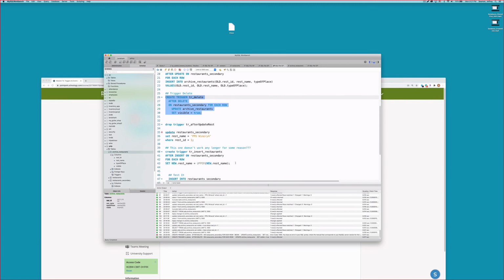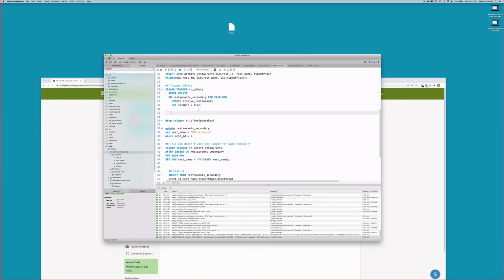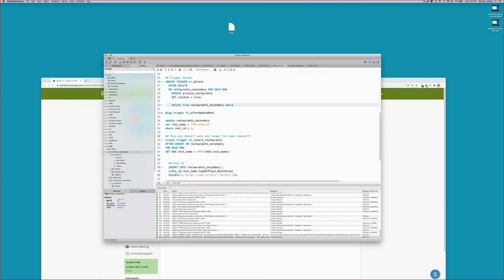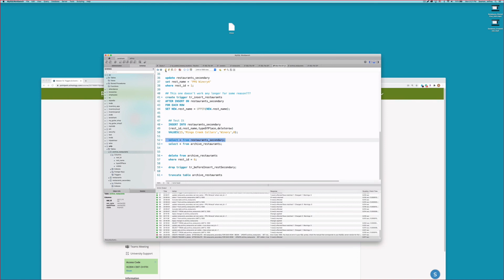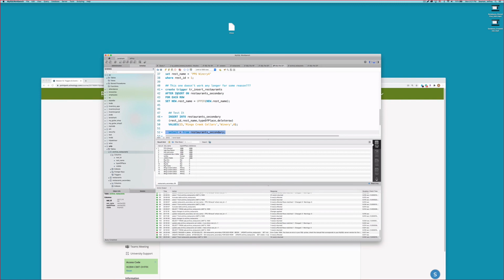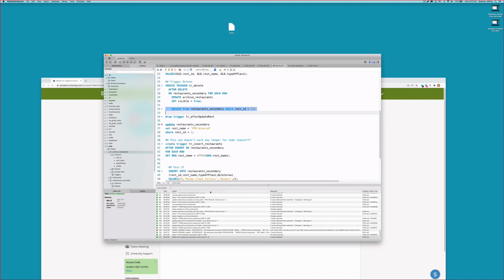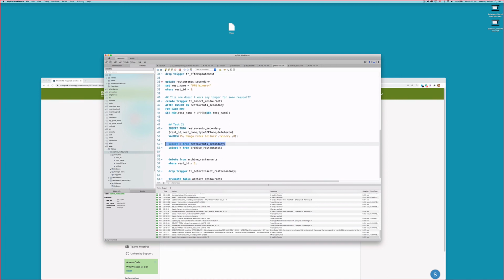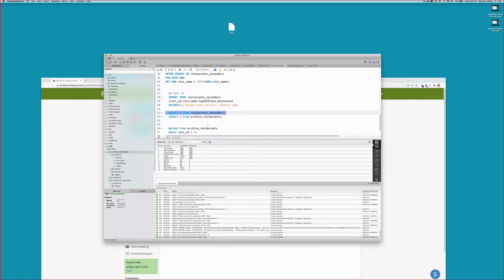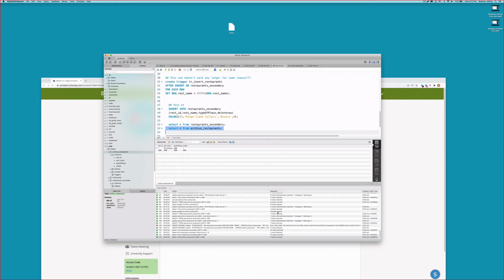Okay, so let's go ahead and delete something there. So we'll say delete from the secondary table. I'll grab something here. Let's see what we're deleting real quick. I have a lot to delete. I'll put where row ID equals 15. All right. Deletes it. I could come down to the secondary and see if it was deleted. It's gone. Let's go over to archive restaurants. And it's true. But